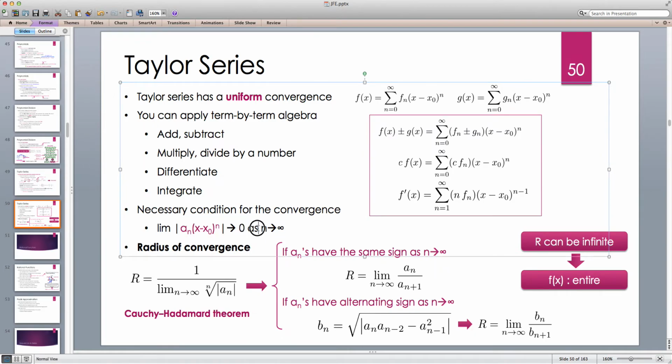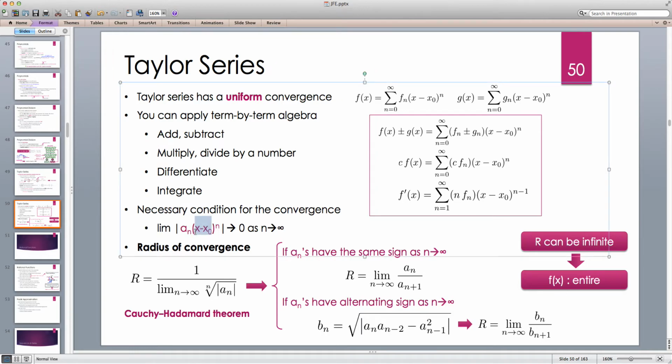Okay, and this is very important. If that's the case, then we can find how far from x0 we can go such that this limit goes to 0. And because this is a power series, if this goes to 0, we are guaranteed that the Taylor series converges. Okay, so we can define a radius of convergence, which has the meaning of how far from x0